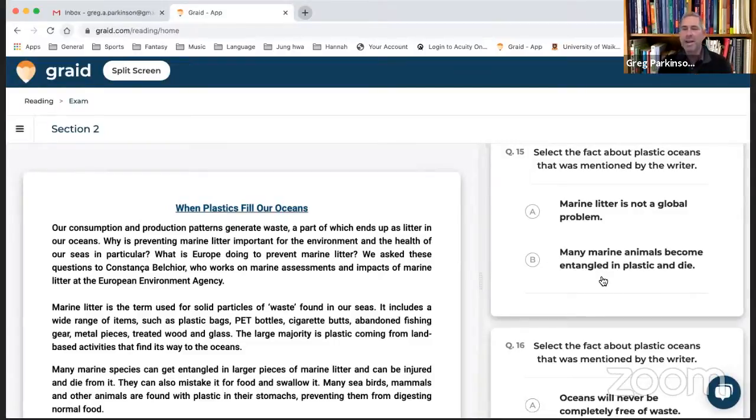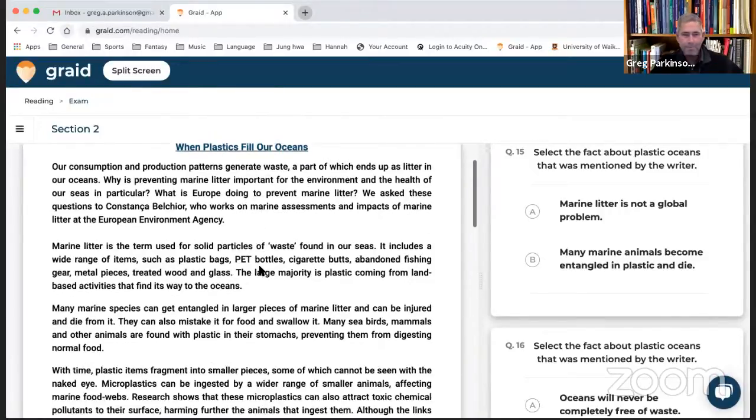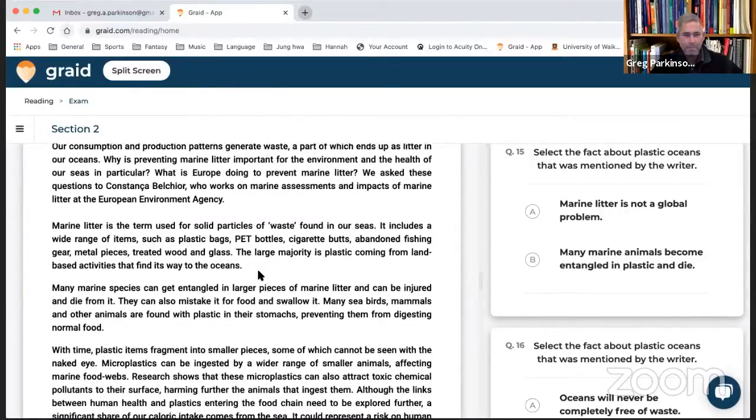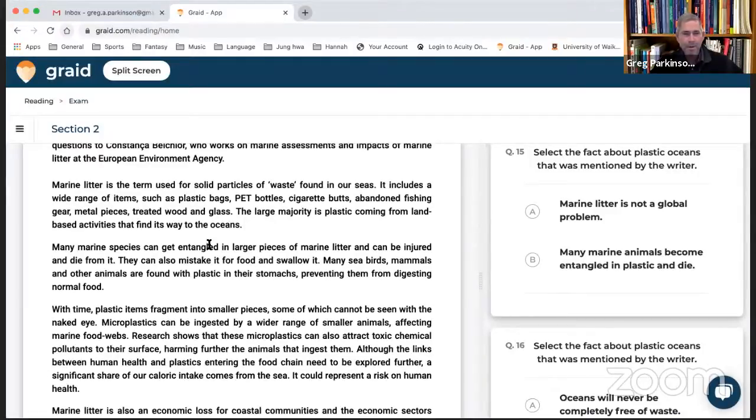So many marine animals become entangled in plastic and die. So there aren't too many words for entangled. Perhaps trapped might be another one, but let's see if we can find the word entangled or another part of speech for entangled. Okay, straight away we can see the word entangled. So many marine species can get entangled in larger pieces of marine litter and can be injured and die from it. So here it's been reduced to just this simple statement, but you see what I did is I started